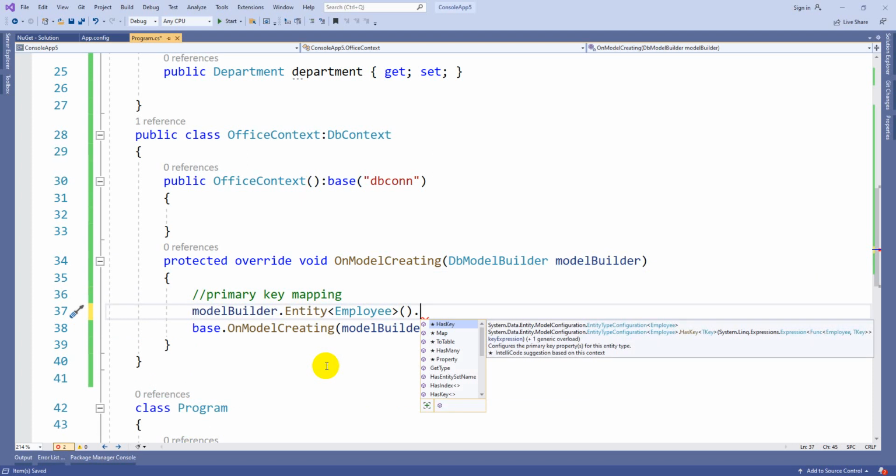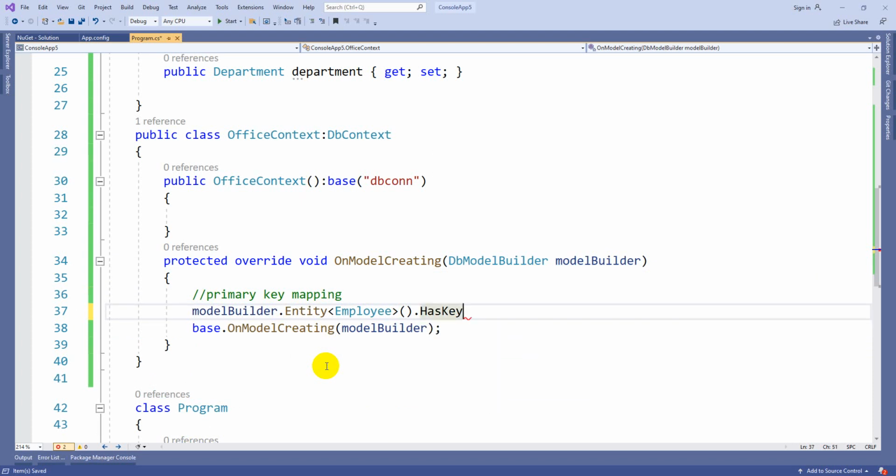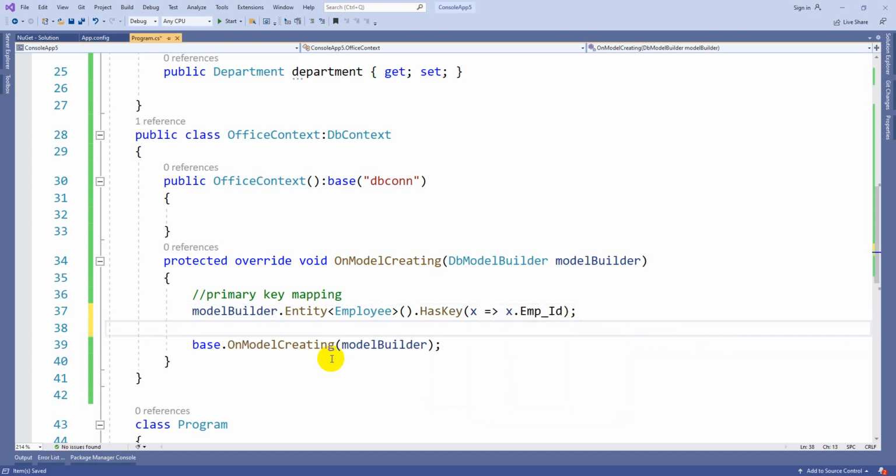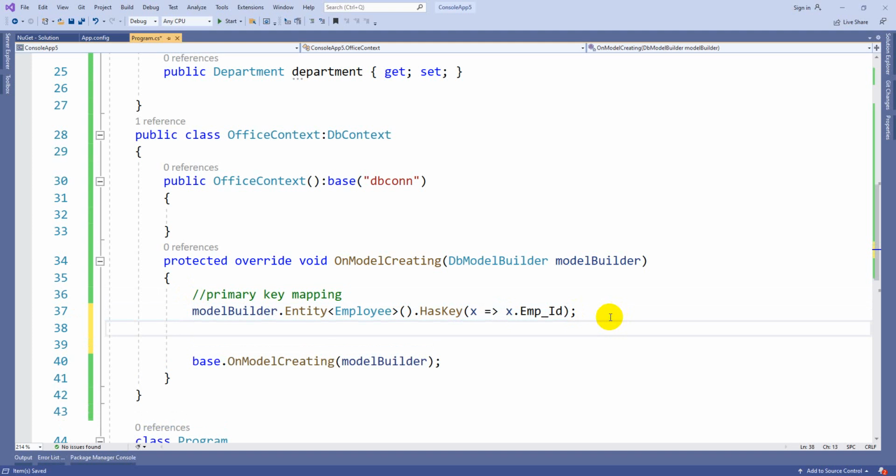Here I want to give a primary key, so I write HasKey. You can take any of the entity attributes, x dot, and select which column you want to make the primary key. Then in this employee table, this emp.id will become the primary key column. This is done with the help of the Fluent API. So this is one property.